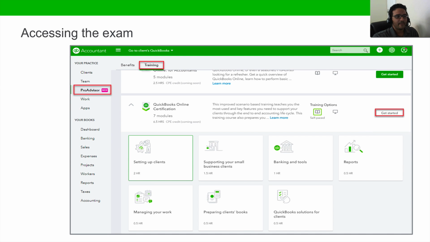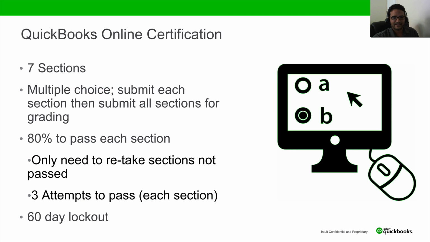At the end of this webinar, it is advisable that you go to your ProAdvisor account, click on ProAdvisor, click on training, search for QuickBooks Online Certification, get started, and do the last 5 modules of this 7-part exam. Again, it's a 7-module exam. You will have multiple choices. You will submit each section for grading, but you will not get a grade until you submit all 7 sections in